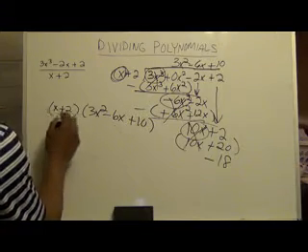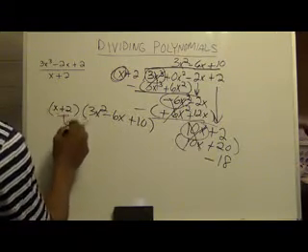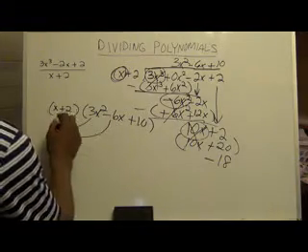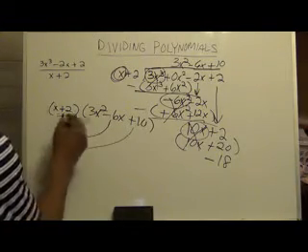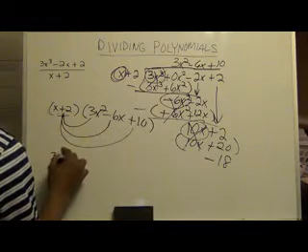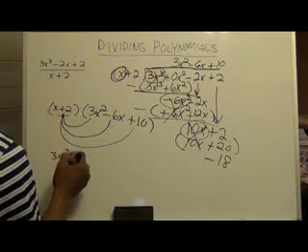So we take the x plus 2 and multiply times that, x plus 2 and multiply times that, and x plus 2 and multiply times that. So x plus 2 times 3x squared is 3x cubed plus